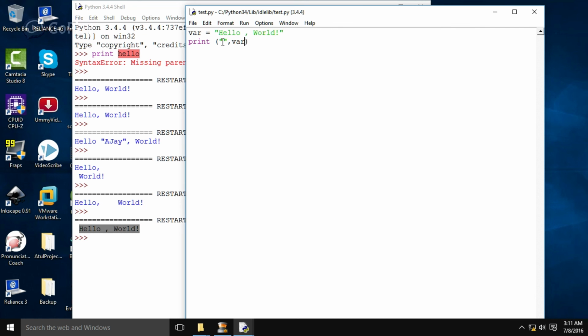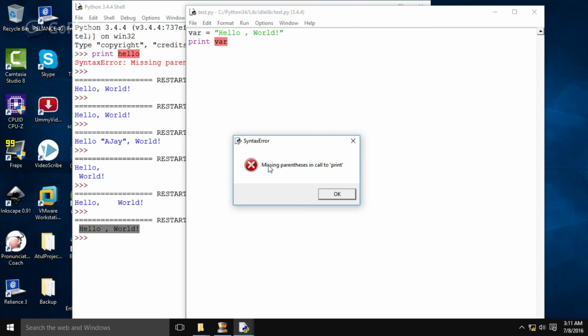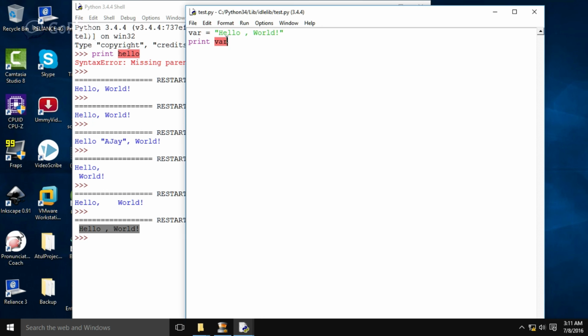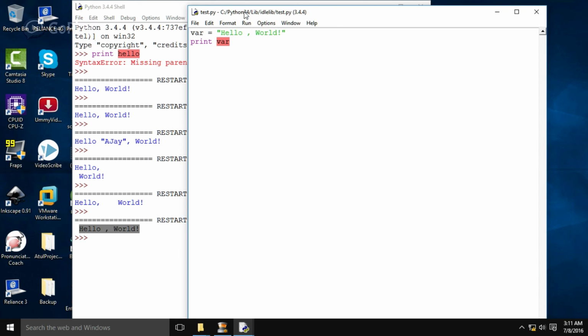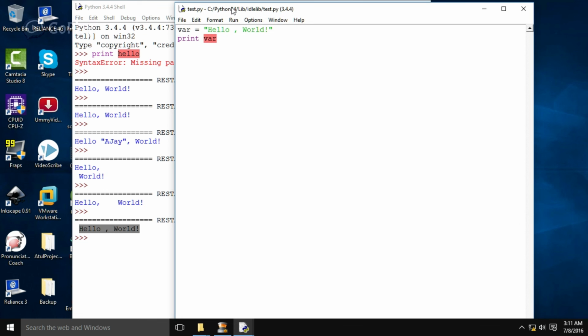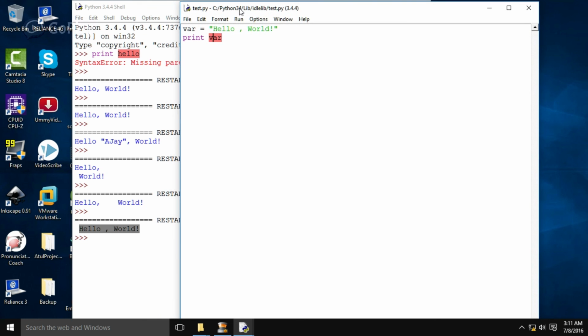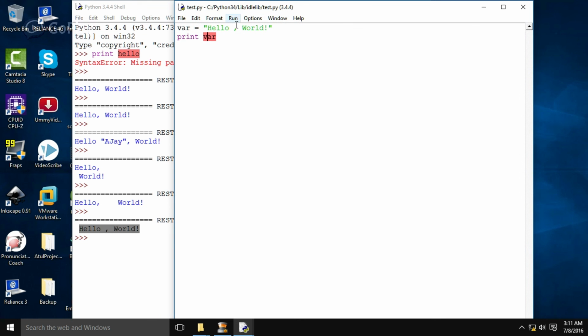Now one more thing, if I remove this parenthesis, it will give me an error: missing parentheses in call to print. This is happening because I am using Python 3 now, not Python 2.7. If you are using Python 2.7, it is permitted to use this syntax.